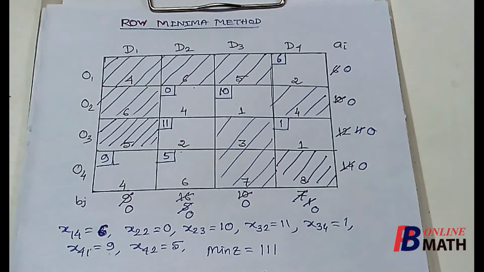Remember that this may not be the final optimal solution. This is only the initial basic feasible solution. In some later part, we shall learn how to find the final optimal solution of a transportation problem. Now in the previous part, we have obtained that the value of minimum z by using the northwest corner rule was 202. So in this case, the initial basic feasible solution is much better than that we had obtained for the northwest corner rule.